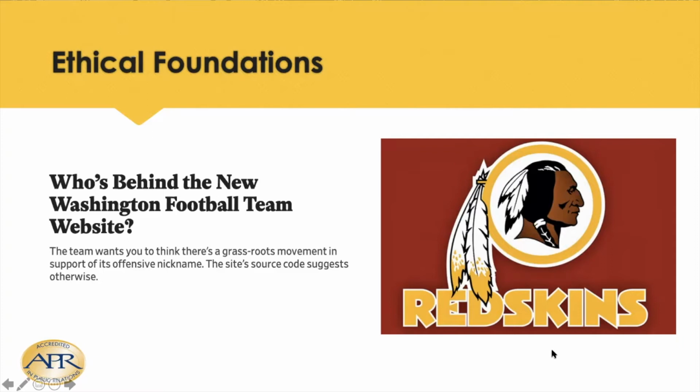But it kind of comes down to, we all have to assess ethically what we believe is right or wrong. And then if we work for organizations and organizations are having to make these ethical decisions, we have to be supportive of the decisions the organizations are making as well. They have to fall in line with what we believe as well. And so the Redskins case is really interesting.